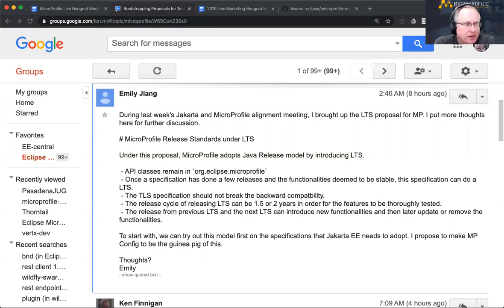Well, I see it a lot like the way that we handle the JDK, right? We didn't try and target JDK 9 or 10 in Jakarta, right? So it does let developers go out and play. It does let Quarkus or Helidon or whoever else, Cumulus, go out and play with the new interim versions. But the stable release, the thing that we might want to put in these stable products, would be the LTS releases. That's how I parsed what Emily was proposing, and I agree it's a good discussion to have. Bill, you go ahead and talk, I think you have some valuable things to say on this topic as well.